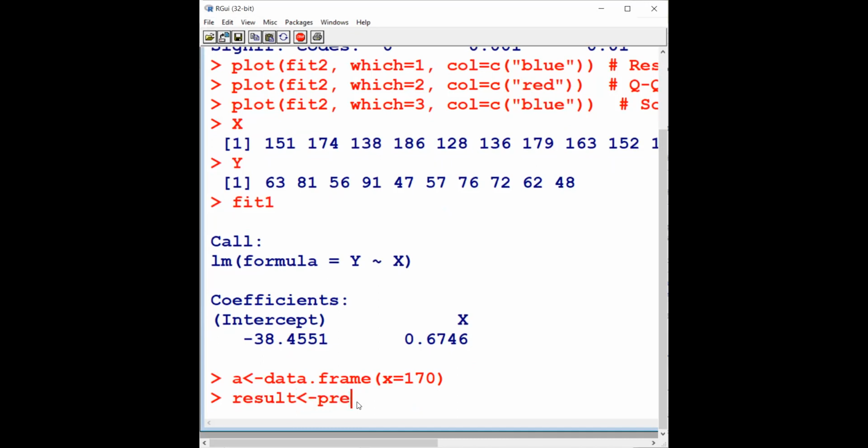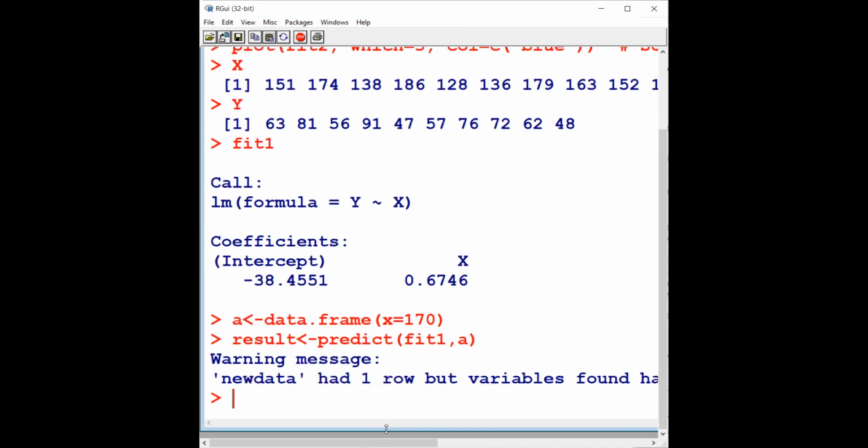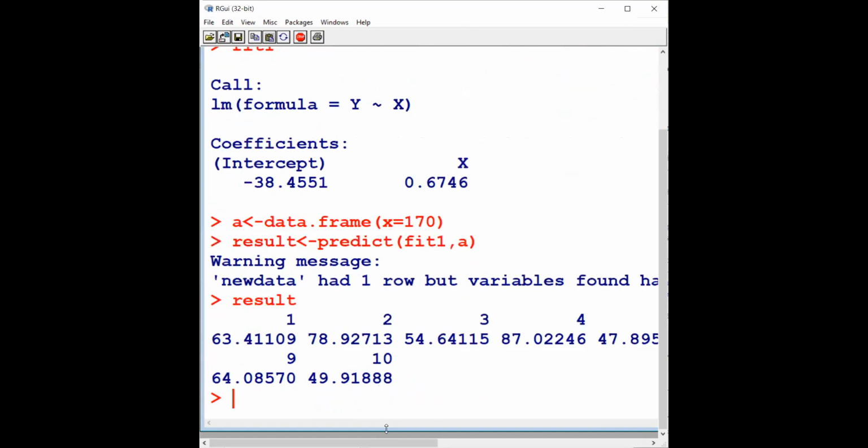And then we have to use the function predict. And within brackets, we have to give the name of the fitted regression model. So our fitted regression model was fit1, so I'm going to give the name fit1. And then we have to give the data frame, which consists of the values that we want to predict. So here it's A. And now, if I call result here,